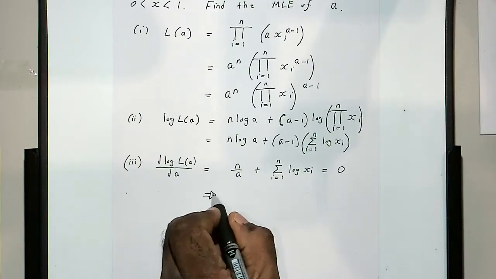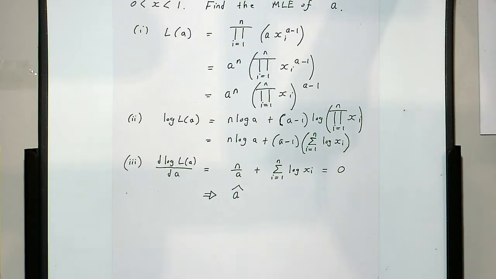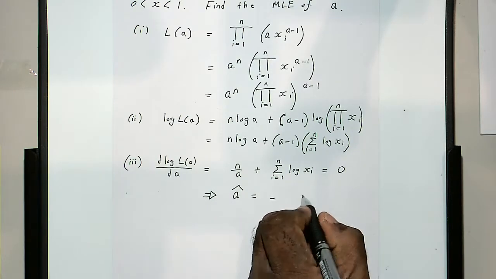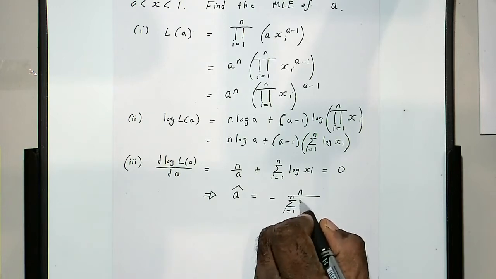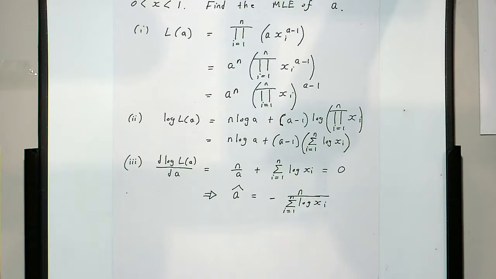So you get A hat. Remember, always put a hat on top of the parameter when you get the solution, right? So hat means it's an estimator, right? So A hat means it's an estimator of A, right? Okay, so this is minus n